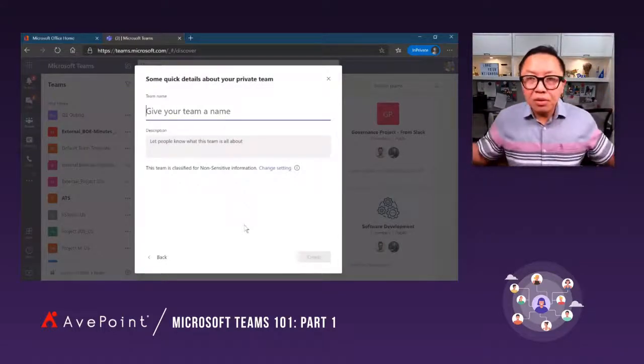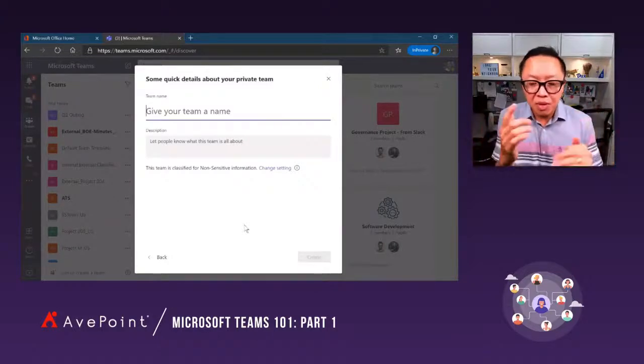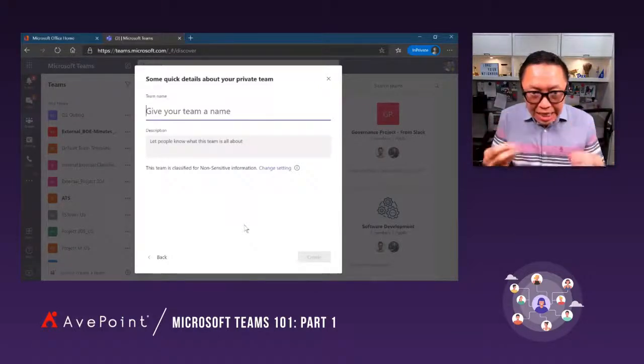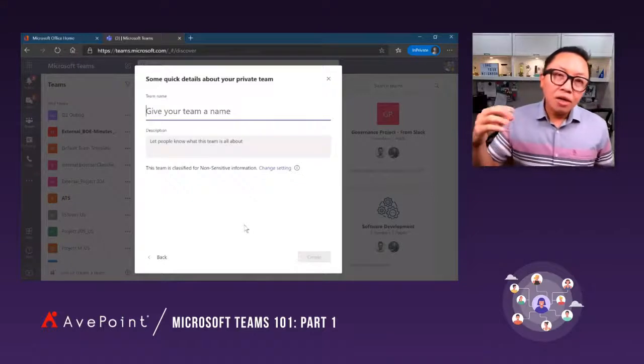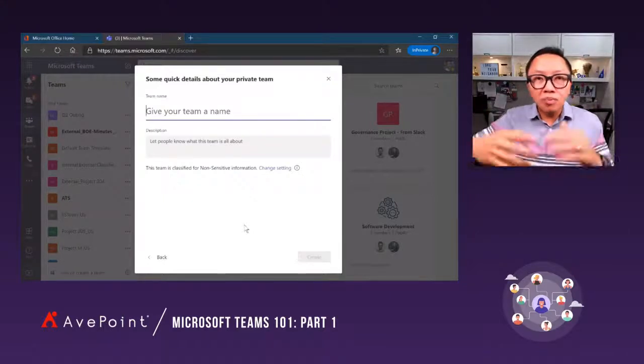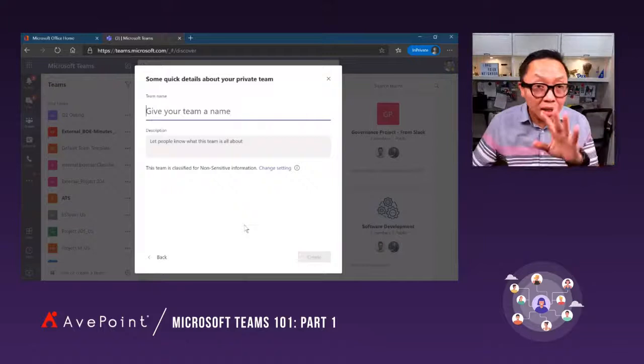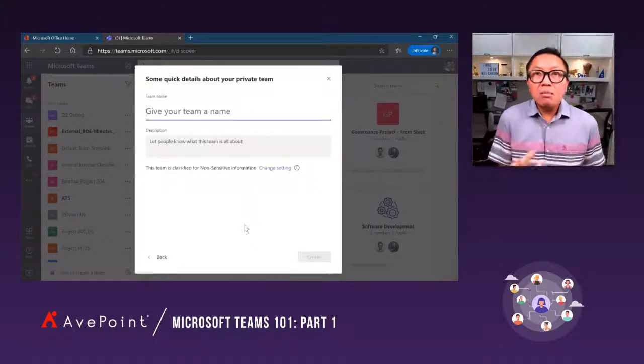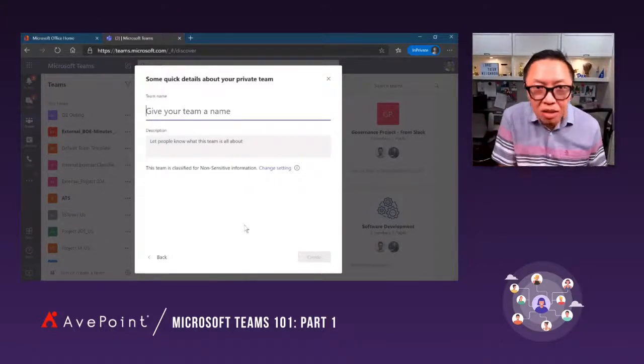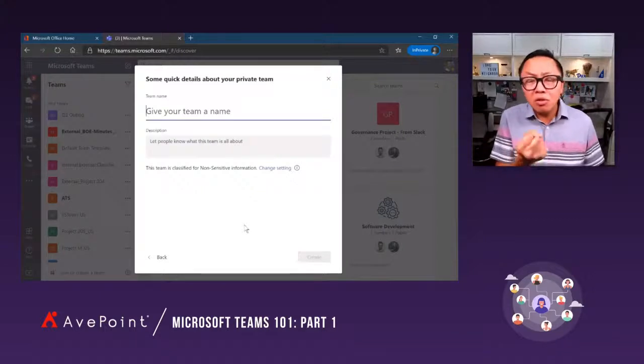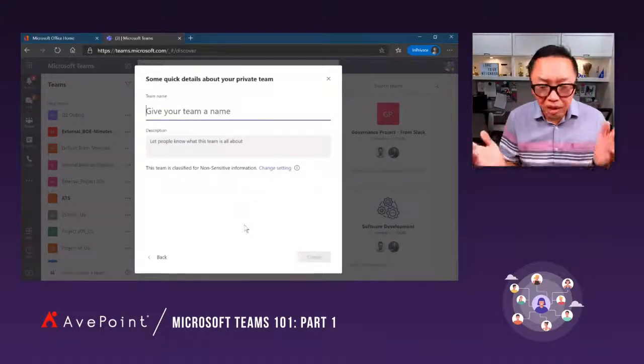I know other people have different ideas around that, but stay with me here. A team, in my mind, while the technology can support up to 5,000 people in a team, to me, that doesn't make sense, right? A team is a small group of people getting some stuff done, and if you put too many people there, nothing will get done.